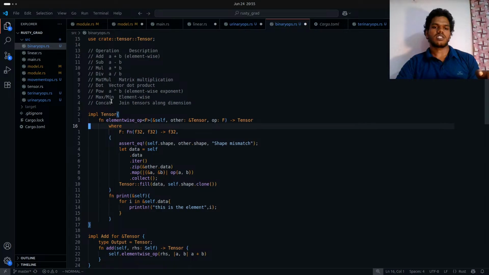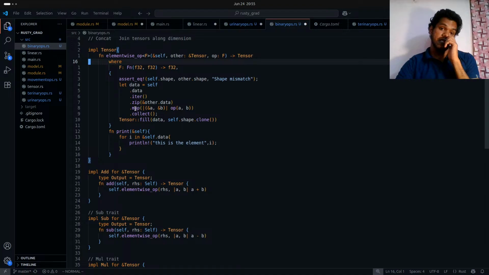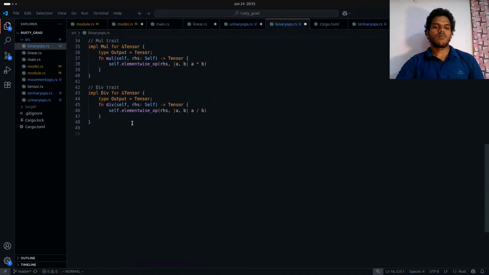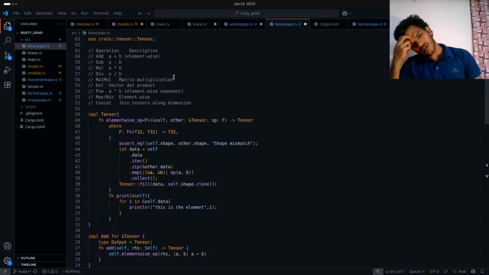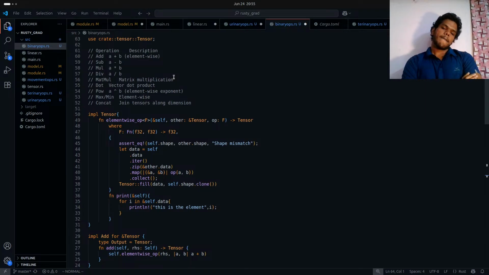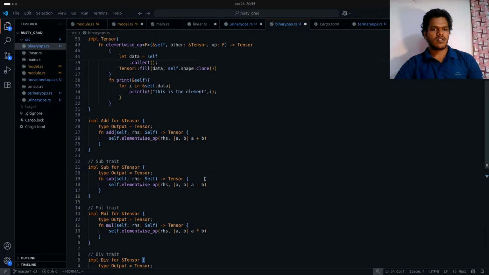Power, element wise exponentiate. So that thing, yeah, we need to implement that. So let's just try that. But how can we? Let's just leave it like this, because